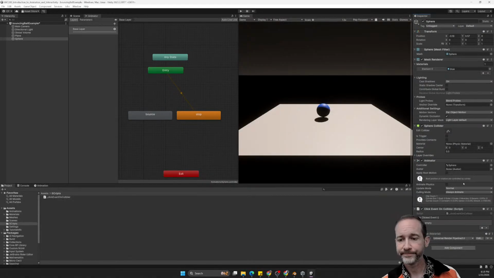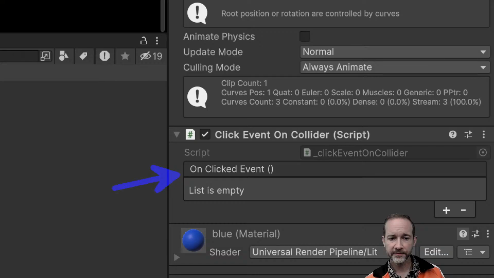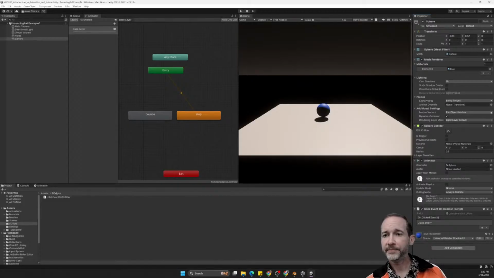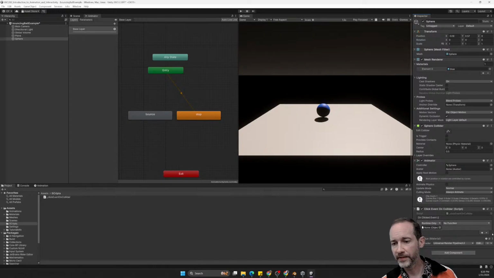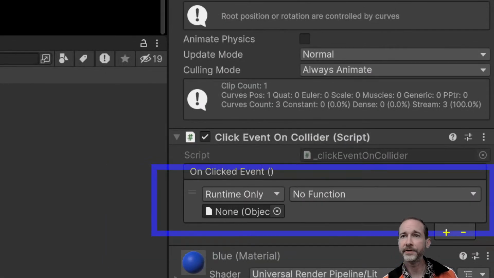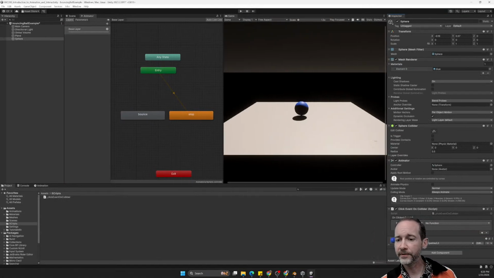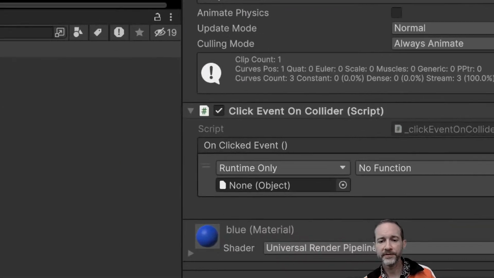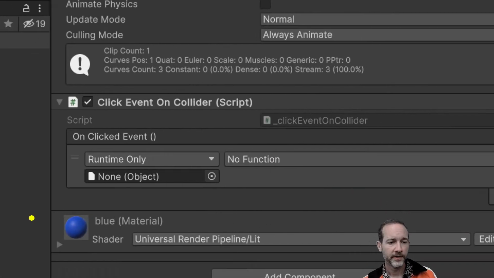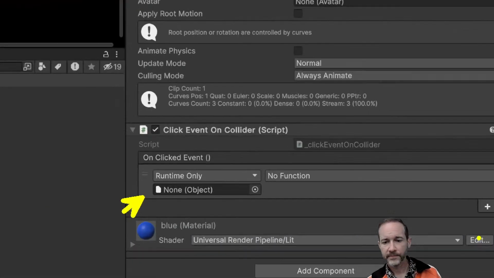So, for instance, here's the format for these. And so this event gets sent when you click on the object that has this thing. So I'll make this fairly simple at first. We'll say plus, and so this makes a new slot here in which we can send some instructions. And this may seem a little cryptic here the first week, but you'll get a feel for this, is that in these Unity events, here, this